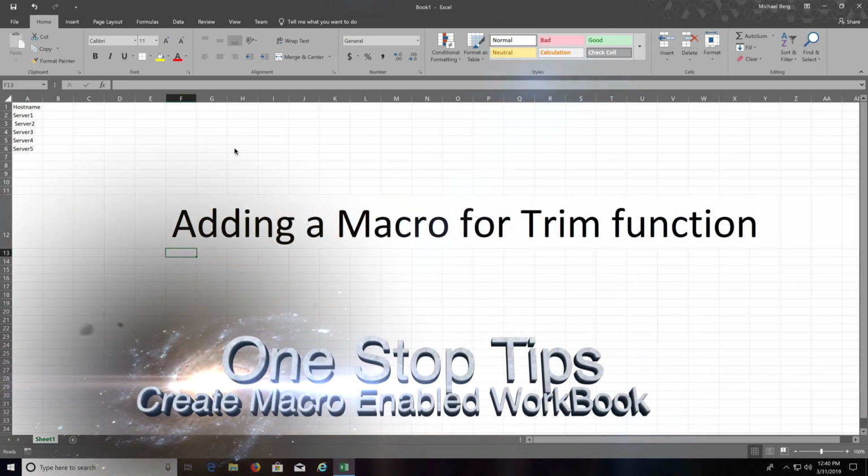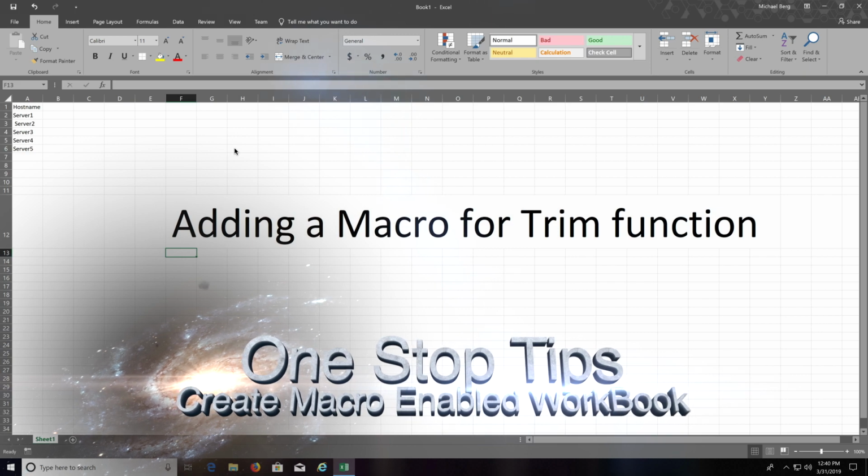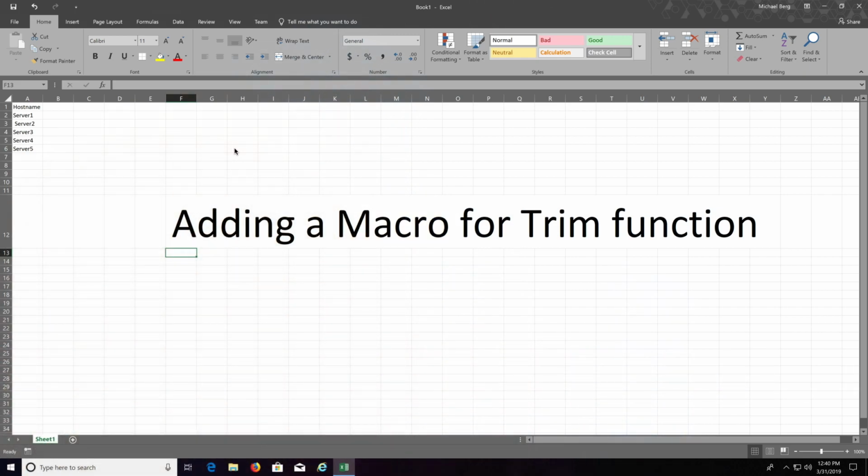So in a previous episode, we showed you how to work with functions, and those are great, but something I think is even nicer than that and more efficient is macros. A lot of people have an aversion to using them because there is a little bit of a learning curve on them. If you've got someone that can write macros for you, one thing that's really handy is at least